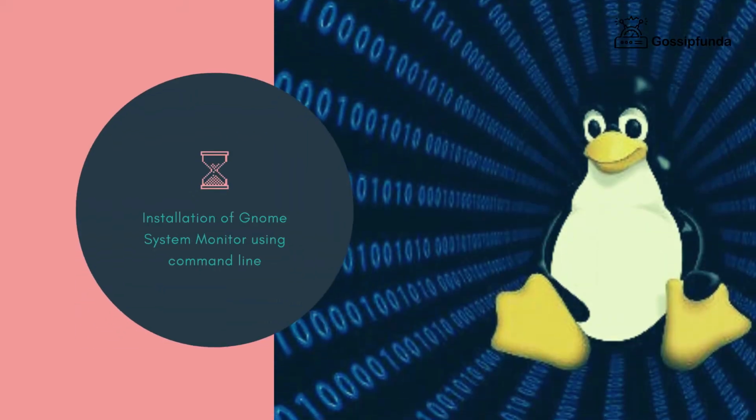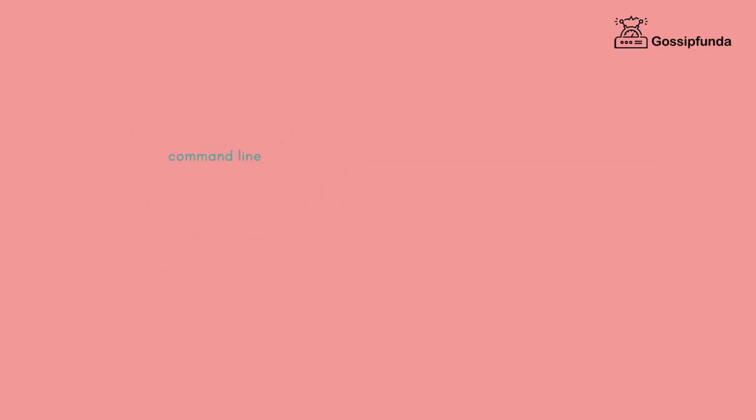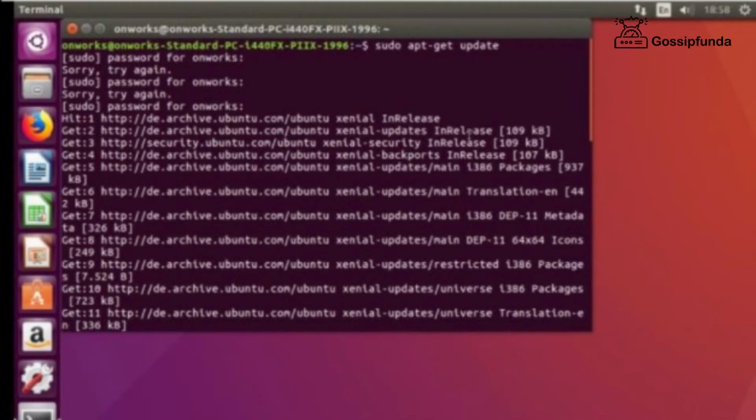Installation of GNOME System Monitor using the command line. Open your Ubuntu terminal by using the Ctrl+Alt+T shortcut. Enter the $ sign, sudo apt-get update, to obtain the list of available packages. This command will allow the user to connect with the internet, so the system is updated with the latest software versions of Ubuntu. Now the system will request the user for a password because solely the authorized user can update, delete,